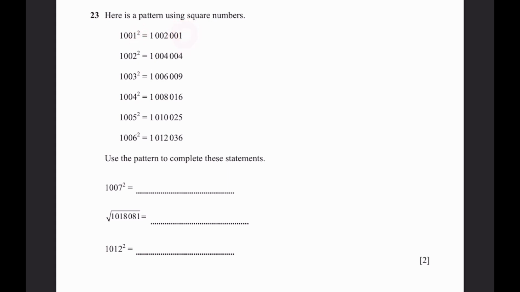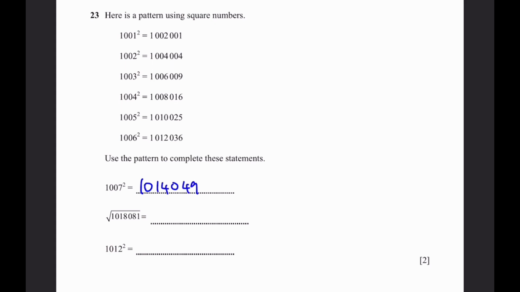In this case, 1 squared is 1, 2 squared is 4, 3 squared is 9, 4 squared is 16. By the way, for 4 squared, 16, you remove the 0 because 16 takes up 2 places. All the numbers have 7 digits, remember. Now, using this, 1007 squared: we put 1 0, and then 7 times 2 is 14, and then put a 0,